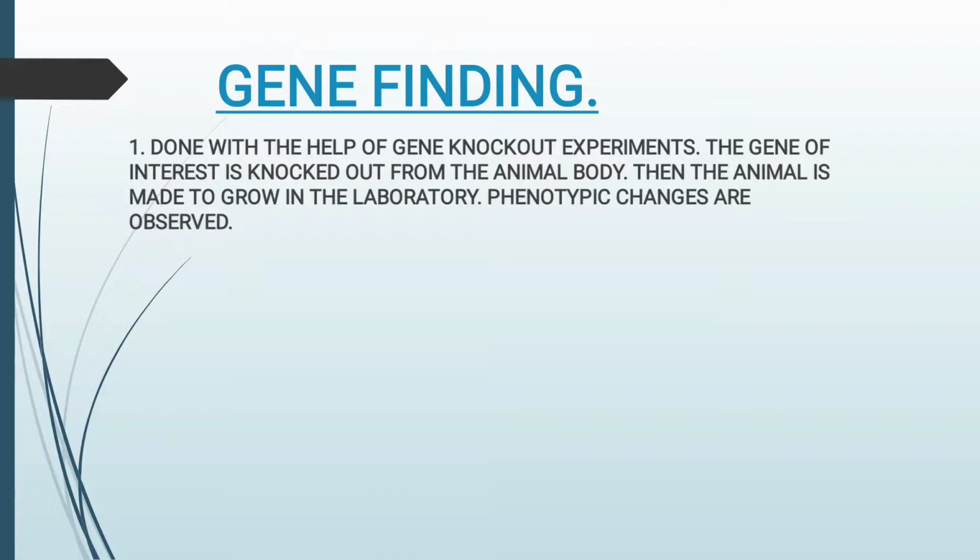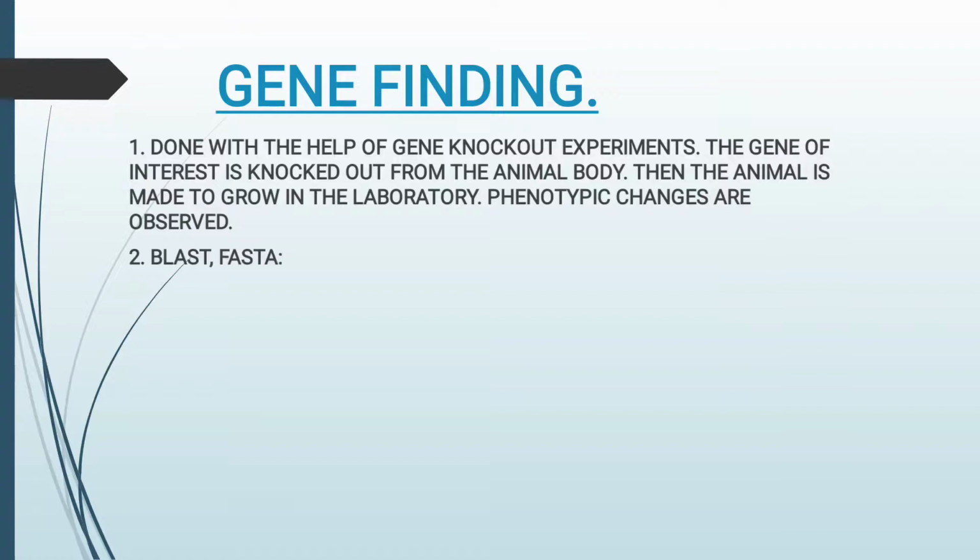As I discussed before, we can change the gene in functional annotation. I told you we can change the gene by attaching some protein or some other biological structure to the gene. So once you attach a biological structure to a gene, the gene is changed. This new gene can be added to one model organism in the laboratory, and in the second organism, which serves as control, you can remove the gene. Then you check the phenotypic changes in both the animals. In this way you will be able to find out the function of that particular gene.